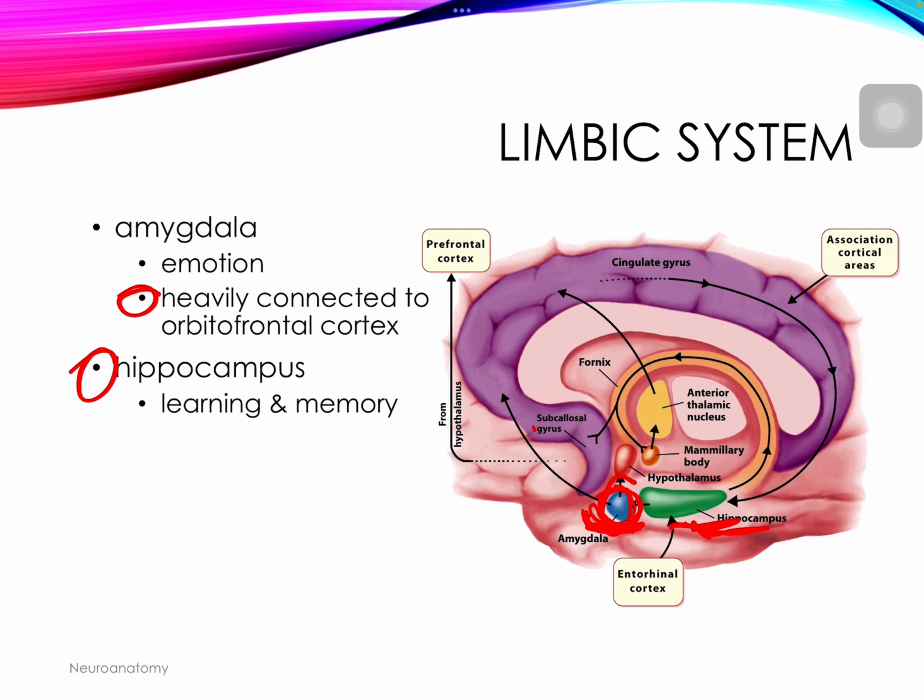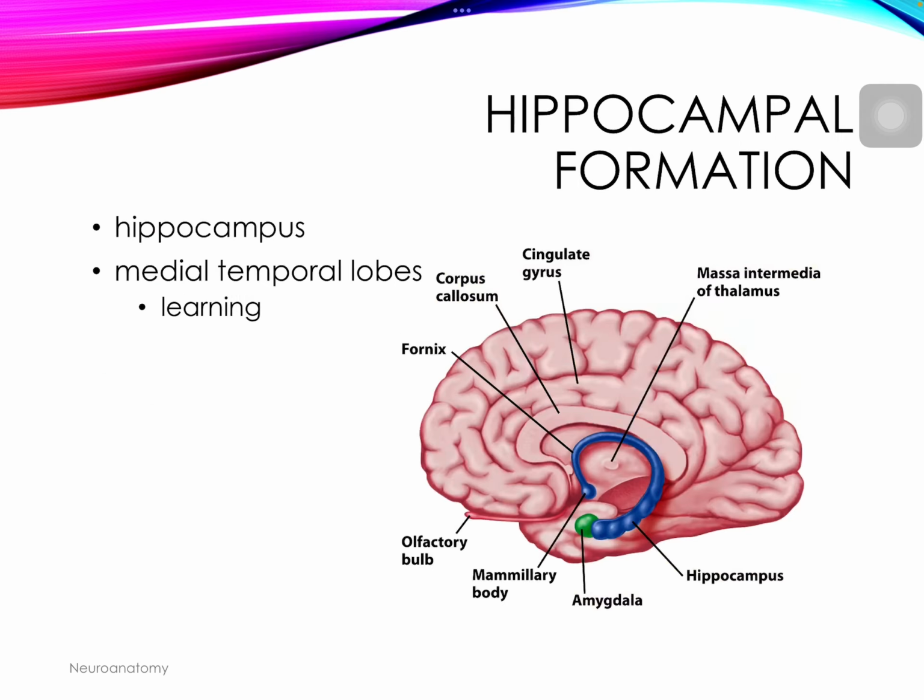And we know, of course, that the hippocampus that's involved in the limbic system is really important for learning and memory. And these systems all work together to allow us to learn from the environment around us. If something causes us fear, we tend to remember that. If we have a fearful response, we tend to avoid that thing in the future. So these are all really important for our own survival. The hippocampus here, you can see kind of wraps around here, and then the amygdala is on the end here. Really important for memory and being able to form long-term memories.